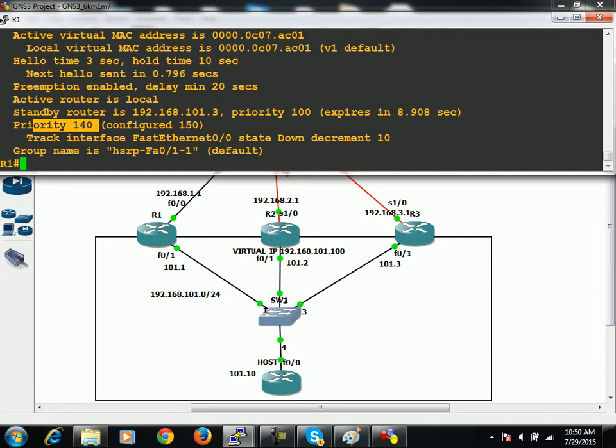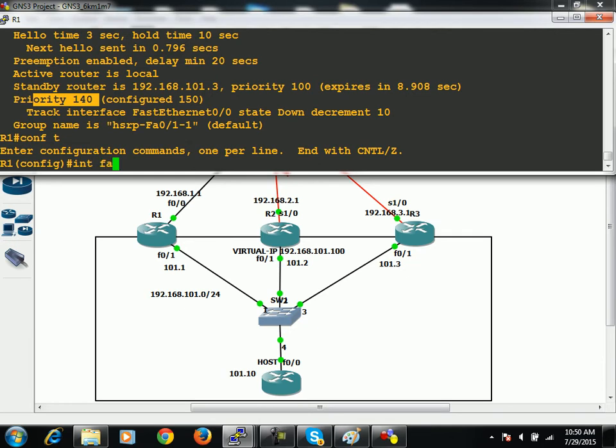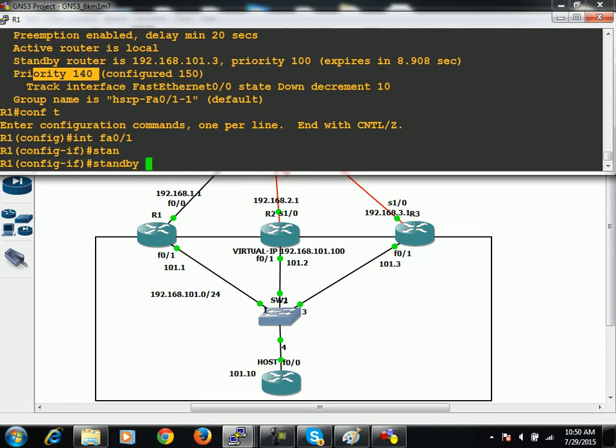Because they are also group members, we have also configured this group onto R2 as well as R3. Preemption is by default enabled over there, so they will take over the role of active automatically if you do that. For changing your decrement value, what can we say? FA0/1, we can say standby 1